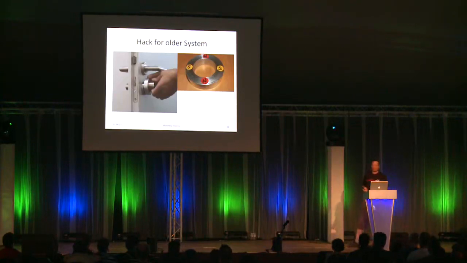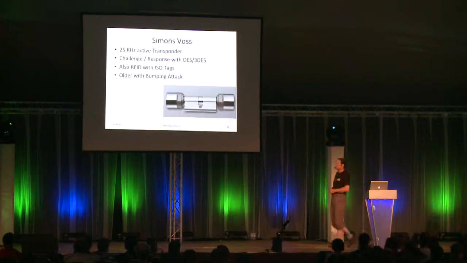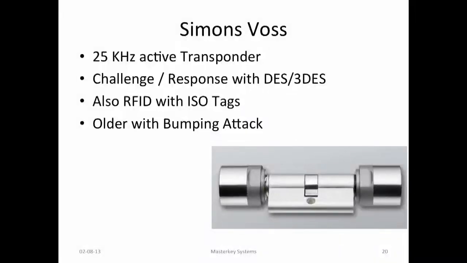The next company, which is very common in Germany, I think, and also has a company in the US, is this company here. They also have a 25 kilohertz active transponder. This is a very nice feature. This is very, very low frequency. So the electronics are also on the inside. You can pass through metal doors with this frequency. What convinces you from the mechanical aspect, at first you think, oh, it's very good. You have no electronics outside, no antenna outside, nothing more. You have only a knob. And when you apply force on the knob outside, you just break it off and you don't get in.